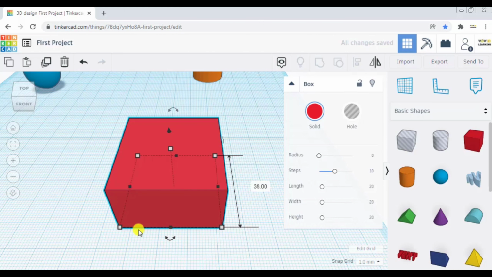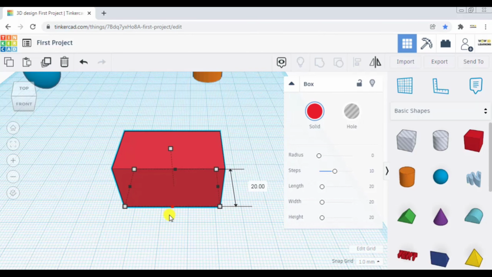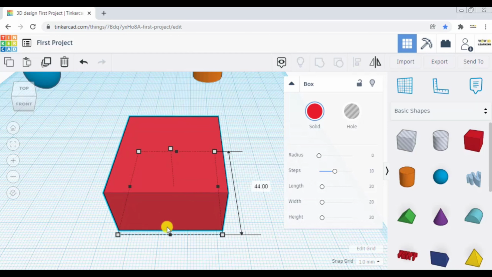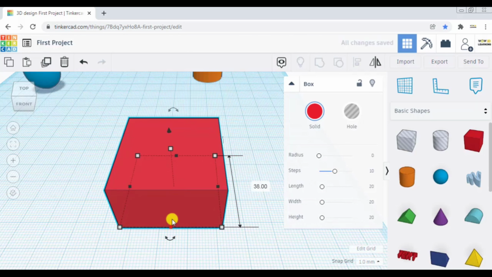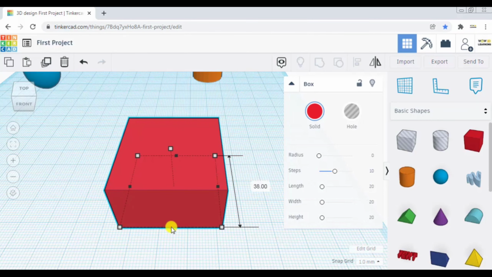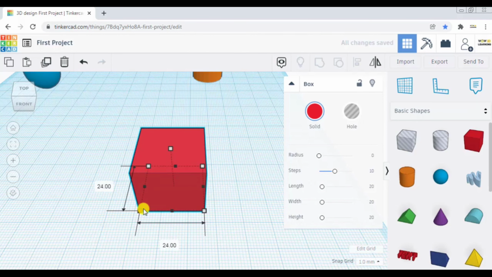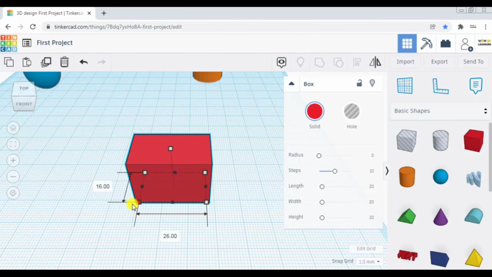Also there are other things that you can do. If you press Alt plus the black node, you will see the dimension will change from the center. Are you noticing the difference? When you press only the black node and change it, only this one face is changing, but when you press Alt in addition to the black node, you can see the dimension is changing in both directions. Similarly for the white node, if you press Alt and hold the left mouse button and try to decrease, the dimension is changing in two directions from two sides with respect to center.